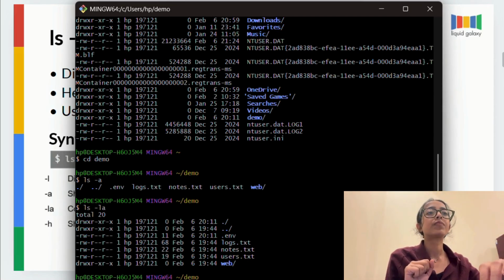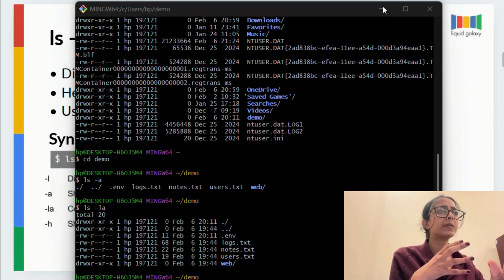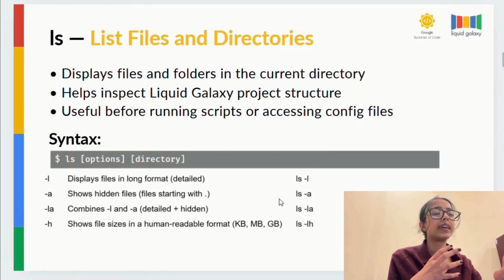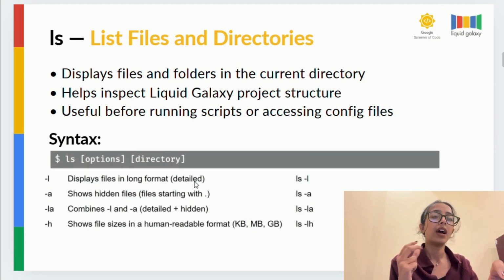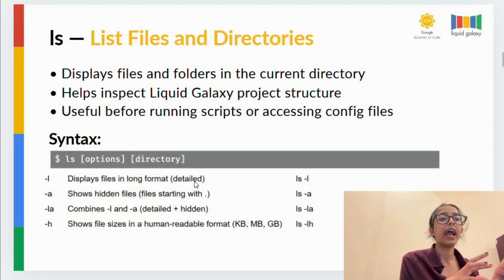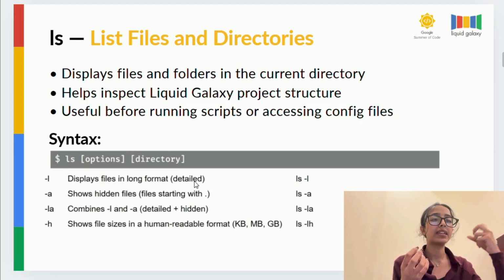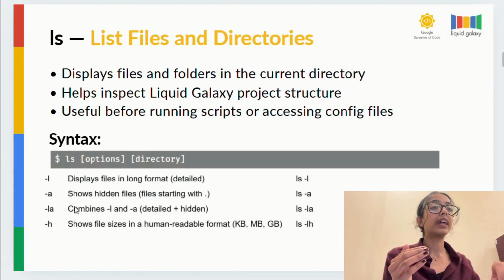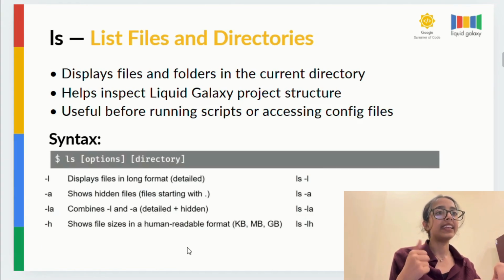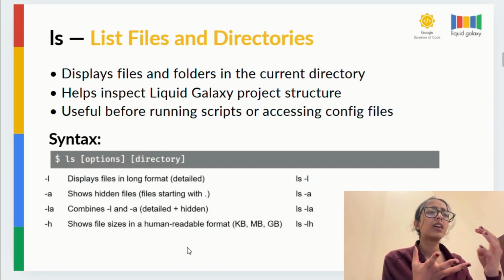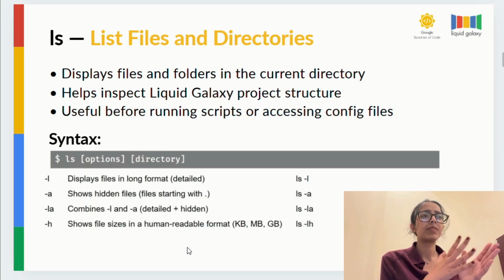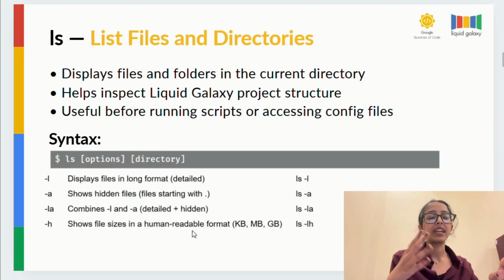Yeah, so the LA flag is used to see the stacking of our files. Whenever you enter a new folder, it basically combines my L flag and the A flag, and it gives a detailed version as well as the hidden files too. So that's what our LA does. And the H flag simply shows the sizes of our files, like in KB, MB, GB, in human readable form